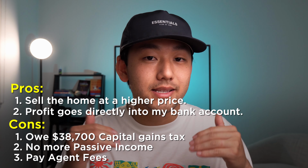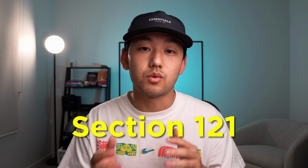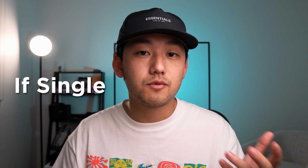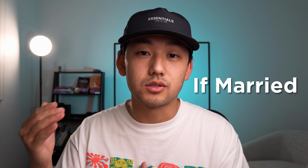So this property was an investment property, but if this home were a primary home and I had that much equity within the home, you could potentially use something called Section 121 and pay 0 capital gains tax on about $250,000 of appreciation, or $500,000 of appreciation, as long as you've lived in the property for 2 out of the past 5 years and it's your primary home. If you want to learn more about that, you can go and watch this video right here where I talk